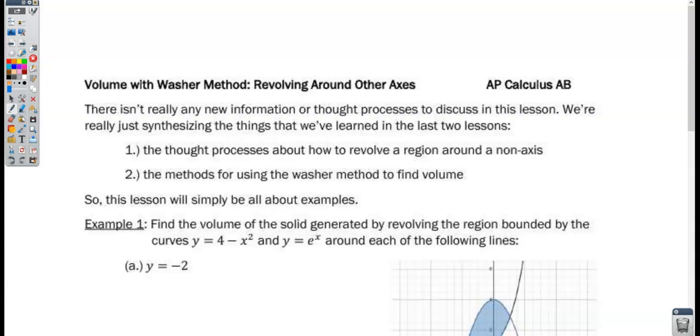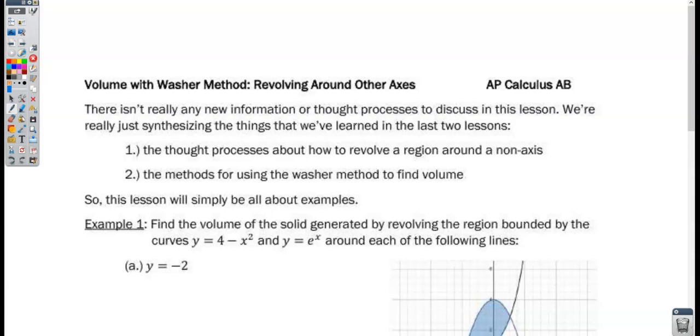For those of you who are taking AP Calculus BC, we're not at the end of the course yet. In fact, we have 24 more sections to go after we've finished this one. But we're getting close. All right, so there's not really any new information or thoughts for us to discuss in